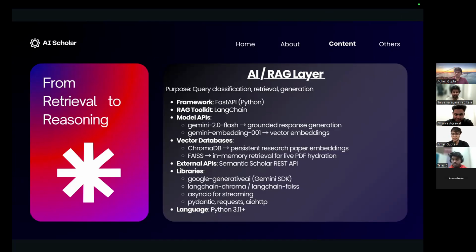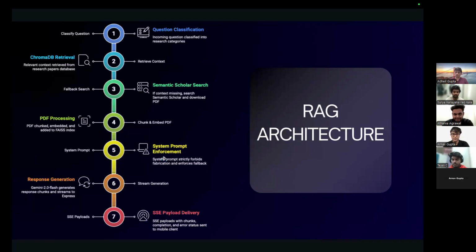Now coming to the RAG pipeline. So here is the full RAG pipeline. First, the question classification. We first classify the incoming query so that we know how to route it. Second, the ChromaDB retrieval part. If the query maps to a known research domain, we pull relevant embeddings from the ChromaDB server. Next, the Semantic Scholar search. If nothing is found, we automatically perform a live research lookup through Semantic Scholar. Then the PDF processing: if the paper is open access,